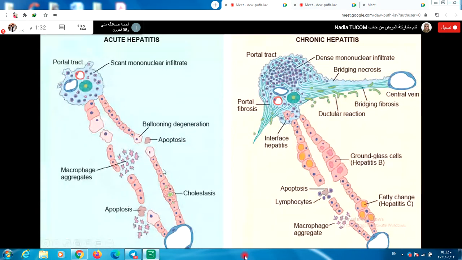All of these changes are reversible changes, whereas in chronic hepatitis, there is dense or prominent mononuclear infiltrate, bridging